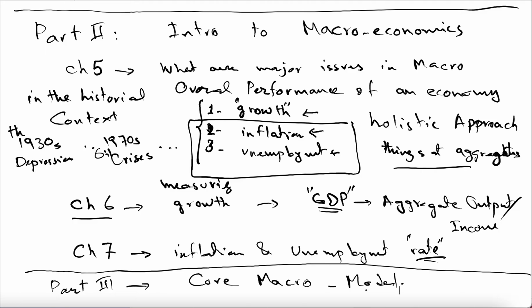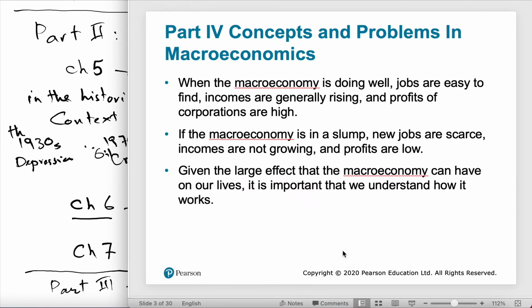Okay, so you now have a better understanding of where we start and where we are heading. So basically, when the overall performance of the economy is doing well, then it is easy, everybody finds jobs and the price levels are not a concern, and everybody is making reasonably good profits if the whole economy is doing excellent.